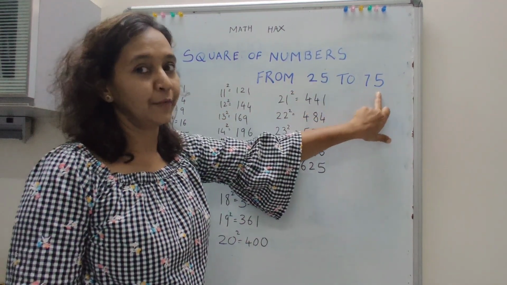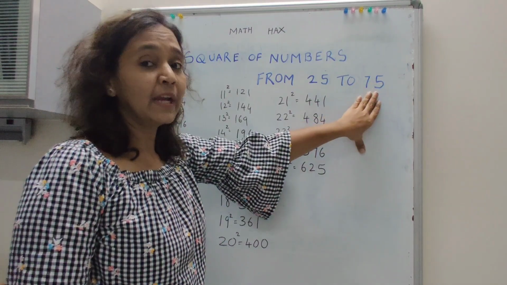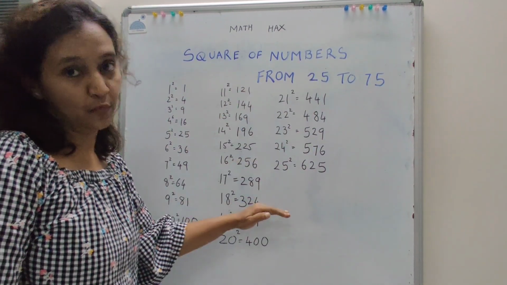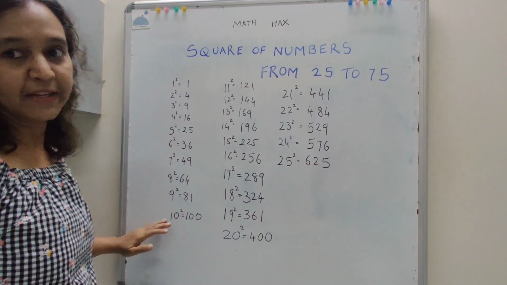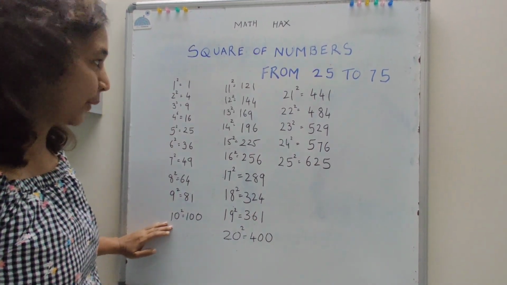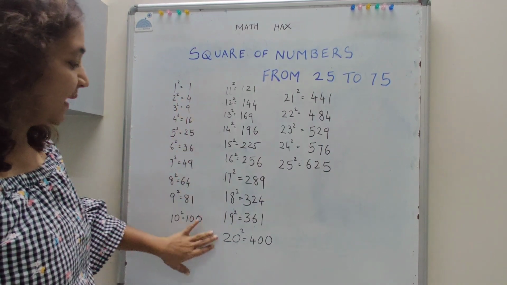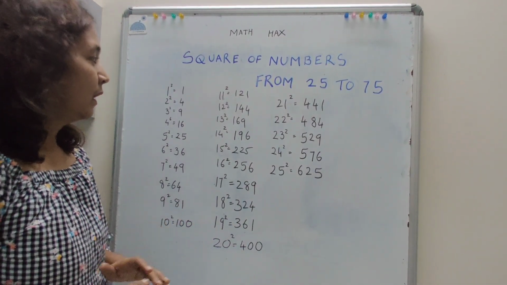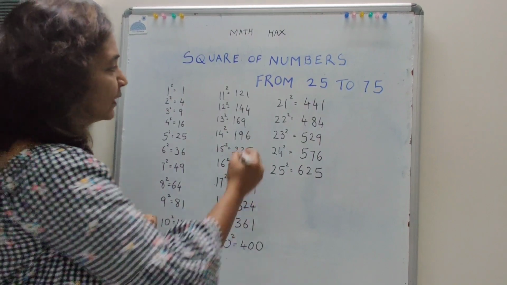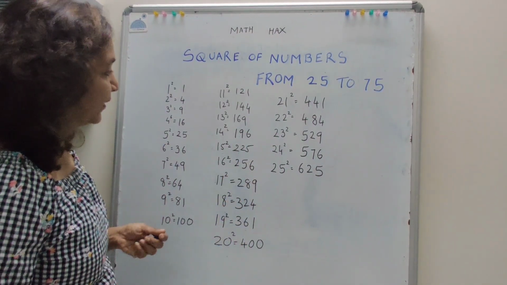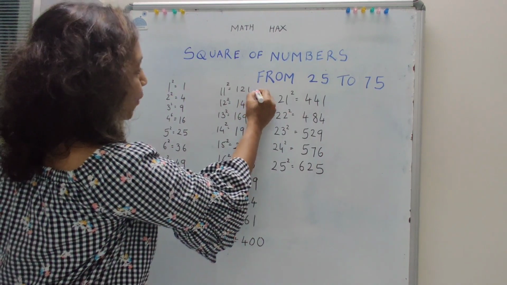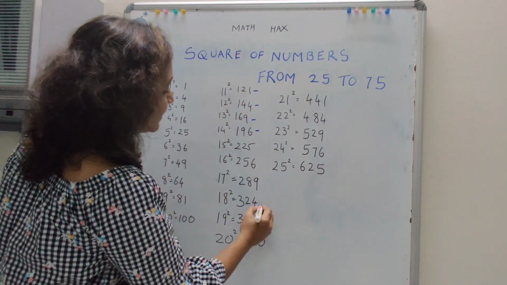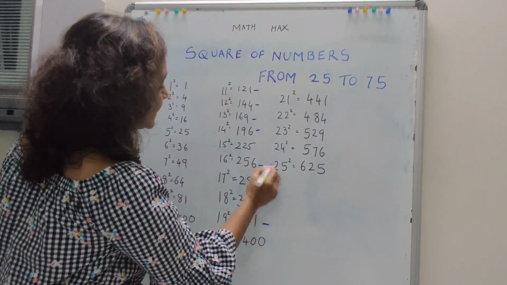And now let us move to our advanced technique to find the square of numbers from 25 to 75. But before we can do this, we must remember squares of 1 to 25. 1 to 10 are pretty easy. You all must be already knowing it. From 11 to 20, if you look at some pattern over here, it will help you probably to remember it. You can see that 1, 4, 9, 6 is repeated again in the reverse direction. 1, 4, 9, 6.